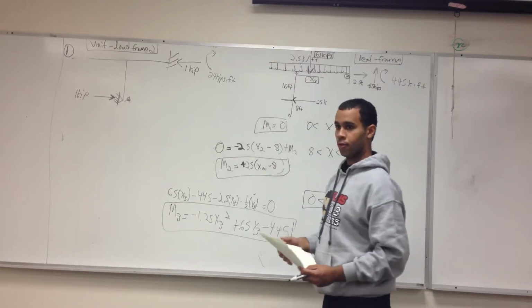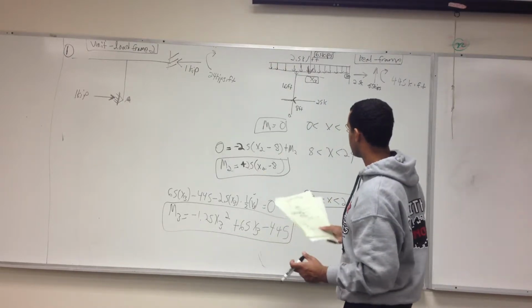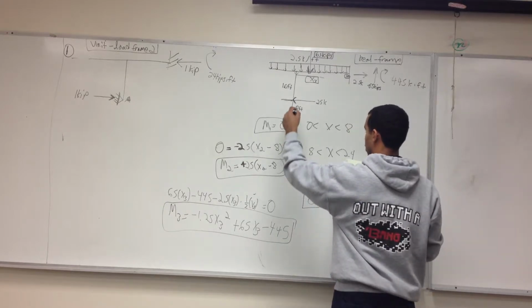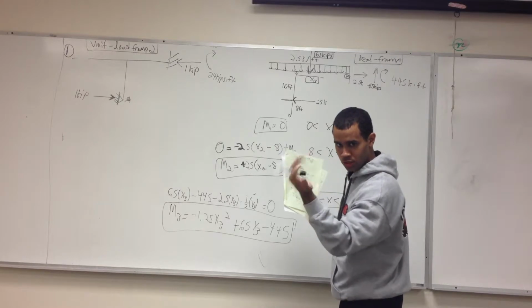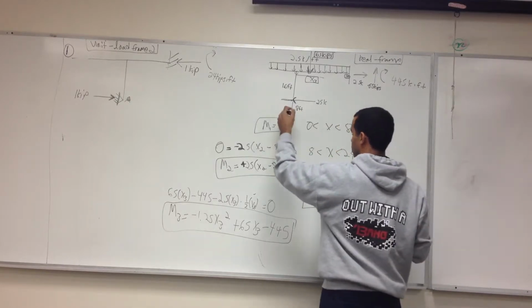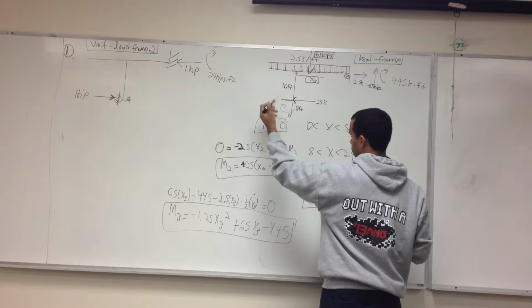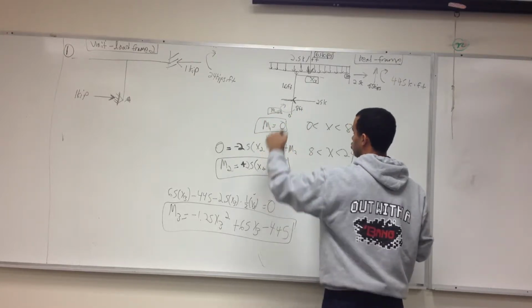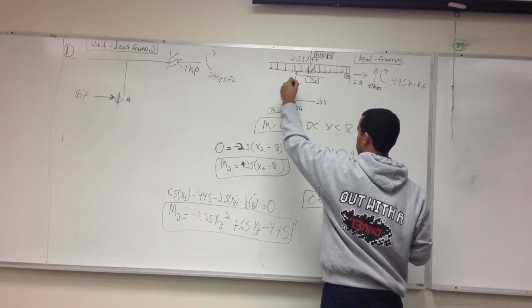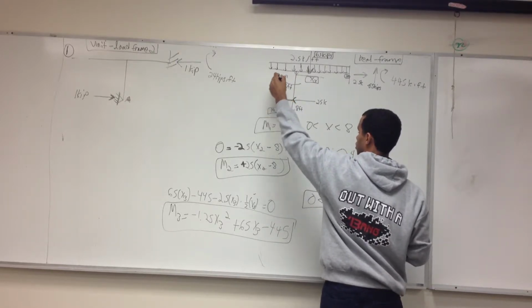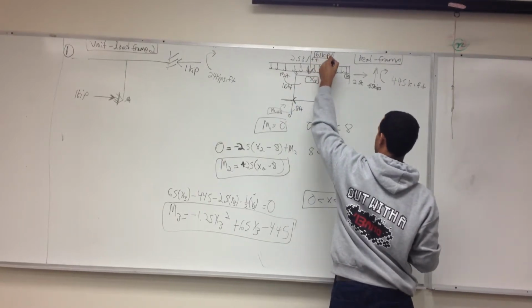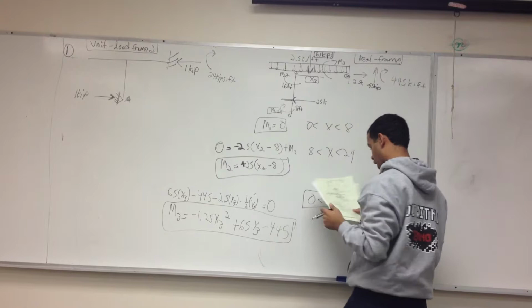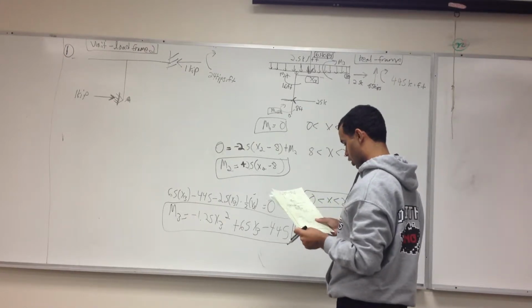You should write where m1, m2, m3 is. So M1, I'm just going to label the signs of the moment. The M1 is going to be over here, but our M1 is 0. But just for the sake of knowing where it's at, we're going to label them. Our M2 is somewhere over here. Our M3 is somewhere along this member over here. And now we have our final equation,